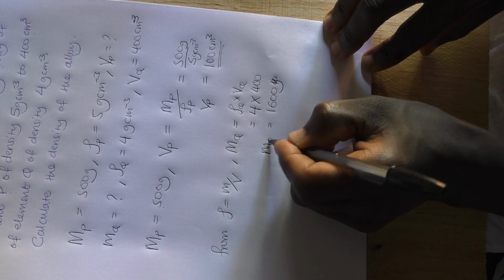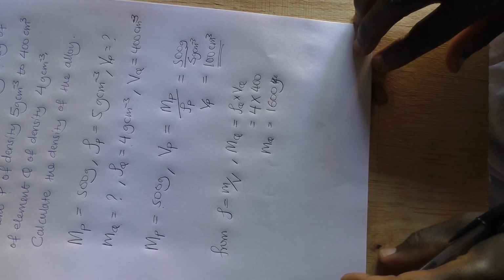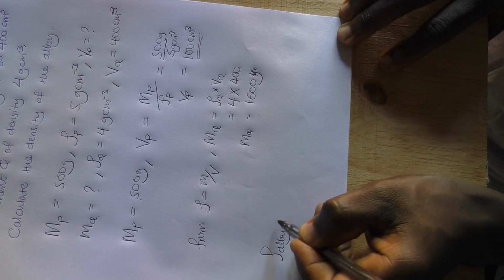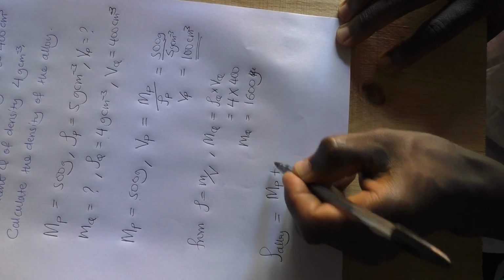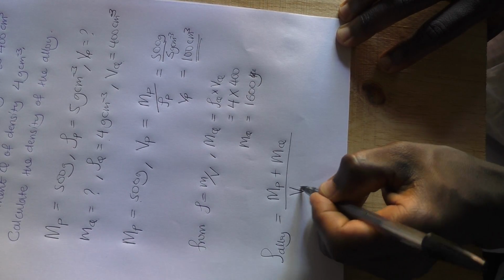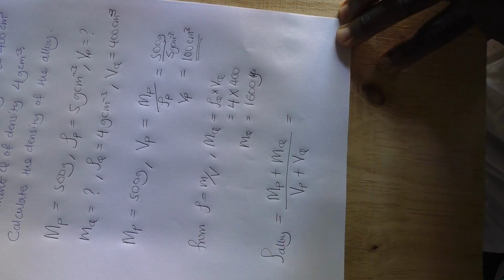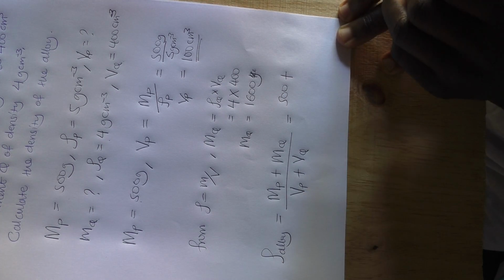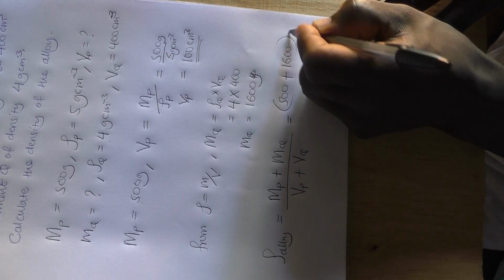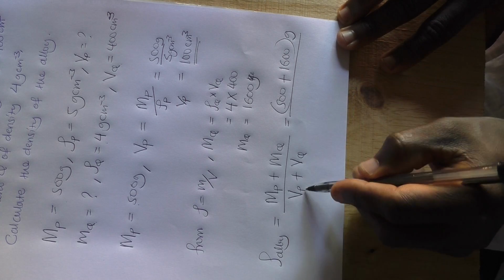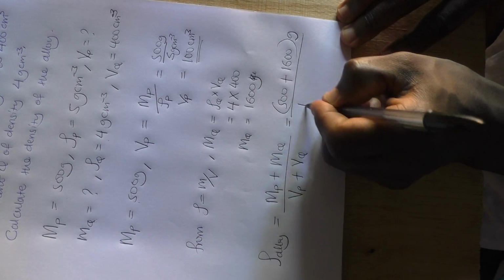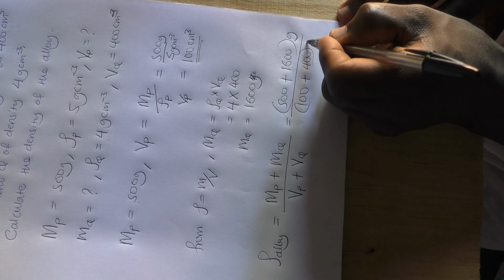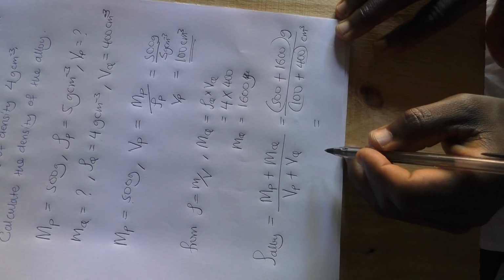Now that we have the masses and the volumes, we can now get our density of the alloy. So density of the alloy is given by mass of P plus mass of Q over volume of P plus volume of Q, which is the mass of P is 500 grams plus the mass of Q, which is 1,600. They are all in grams, over the volume of P is given as 100 plus the volume of Q, which is 400. These are in cubic centimeter,